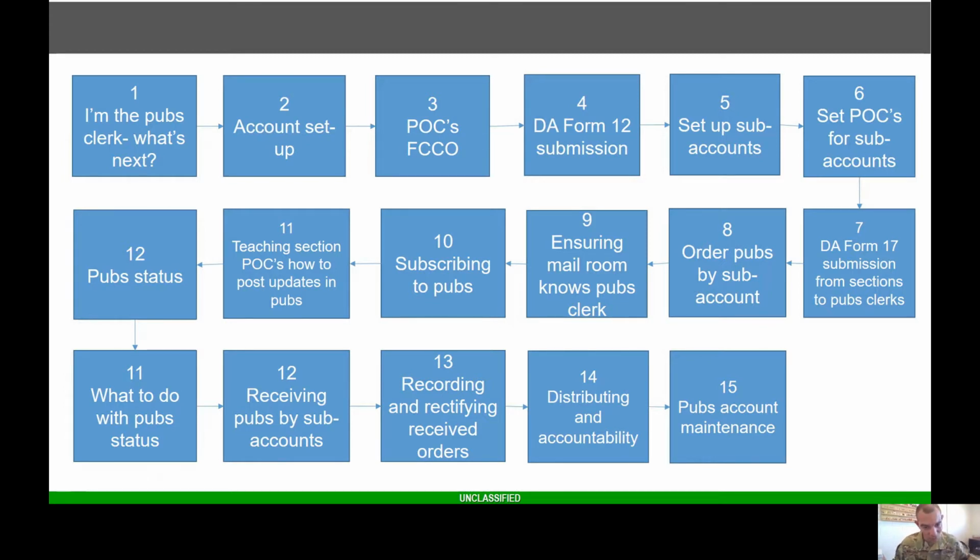All right. So we all know that battalion and pubs seems like they make it there, but they never make it to you. All right. So I'm gonna show you how to get around that. Subscribing to pubs, teaching section POCs how to update pubs. Then we'll talk about pub status. You know what to do with pub statuses, right? Receiving pubs from sub accounts, reorder, rectifying, receiving orders,